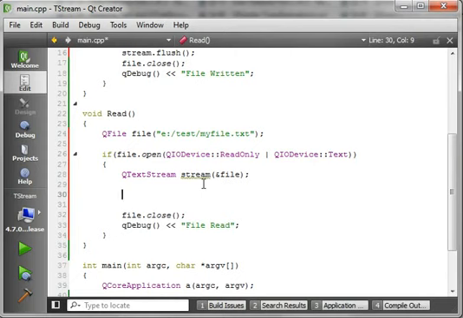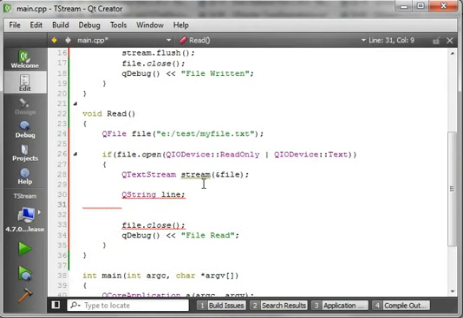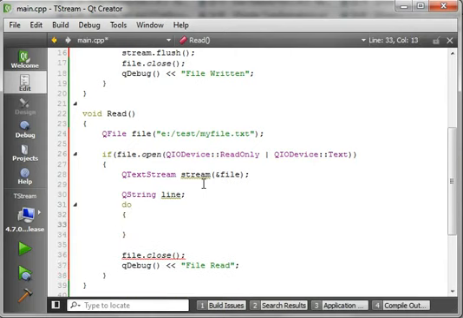Granted, we know the context of it already, but let's say we're reading somebody else's file and we don't really know what's in there. So let's go QString, and we'll call this line. So we're going to make a variable called line, and we're going to read each line out of here. So we're going to say do, and we want to do while